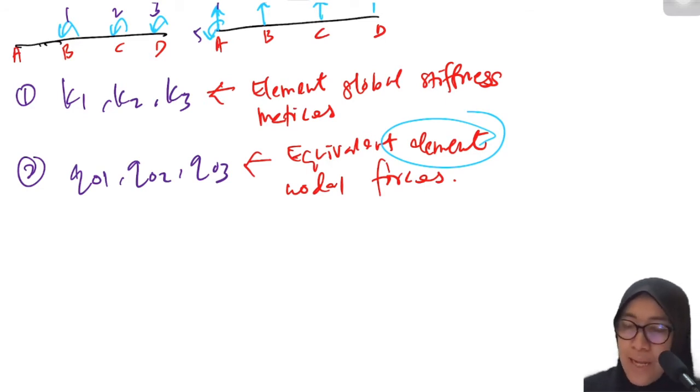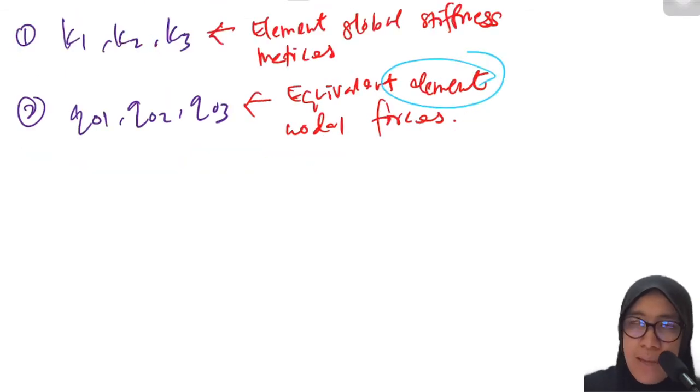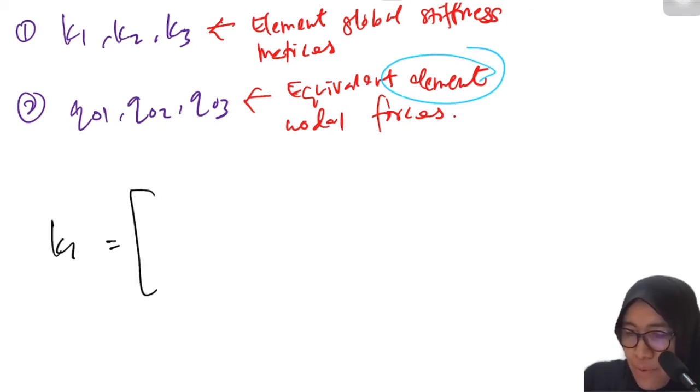So we must label this based on the near and far end positions: near YZ for beam and far YZ for beam. So we will get a 4 by 4 matrix based on the 4 degrees of freedom in the element. So we will have K1 4 by 4,